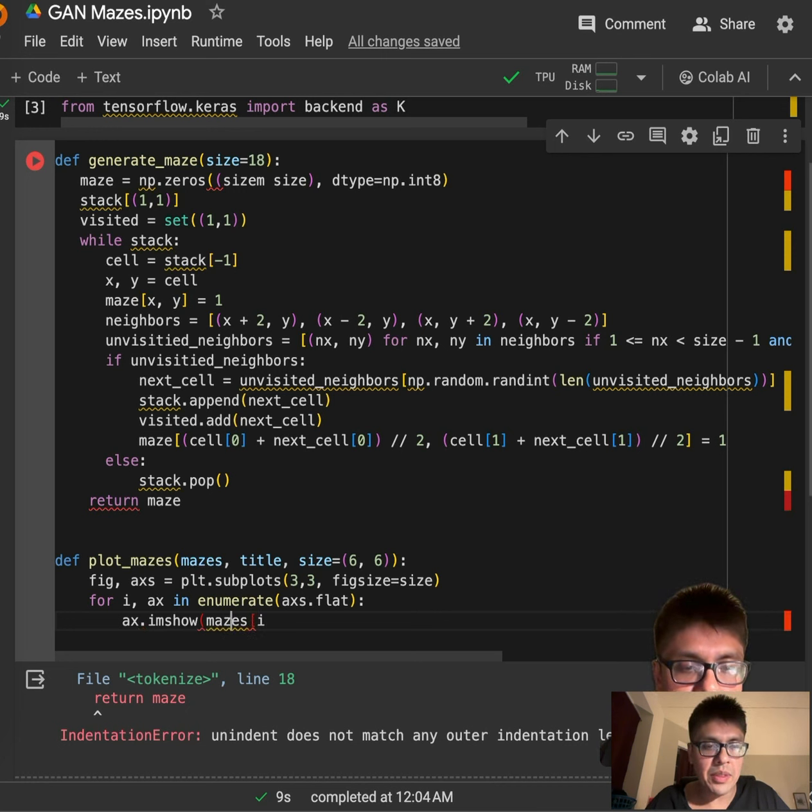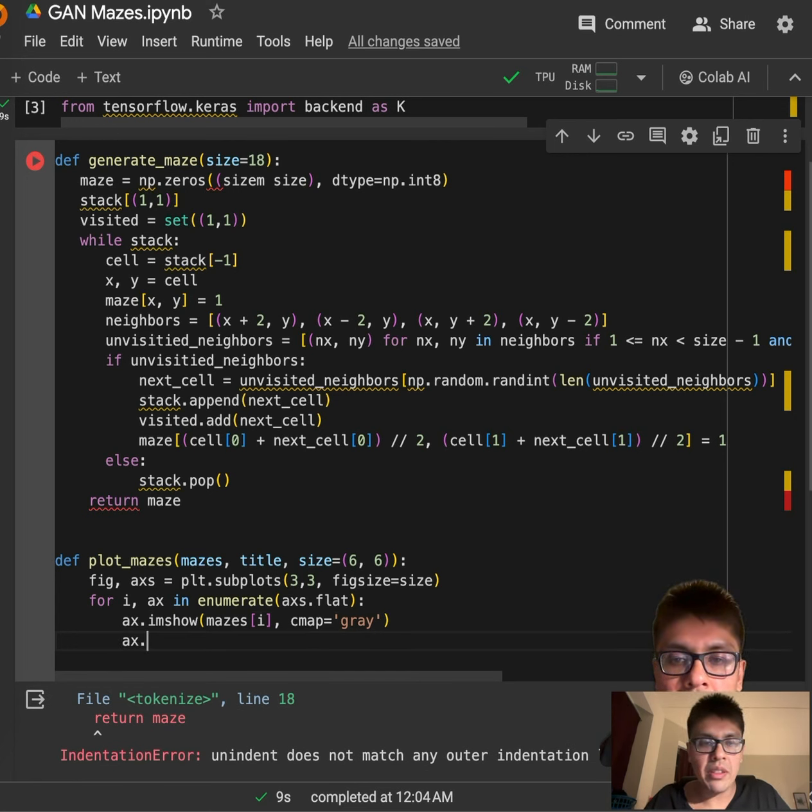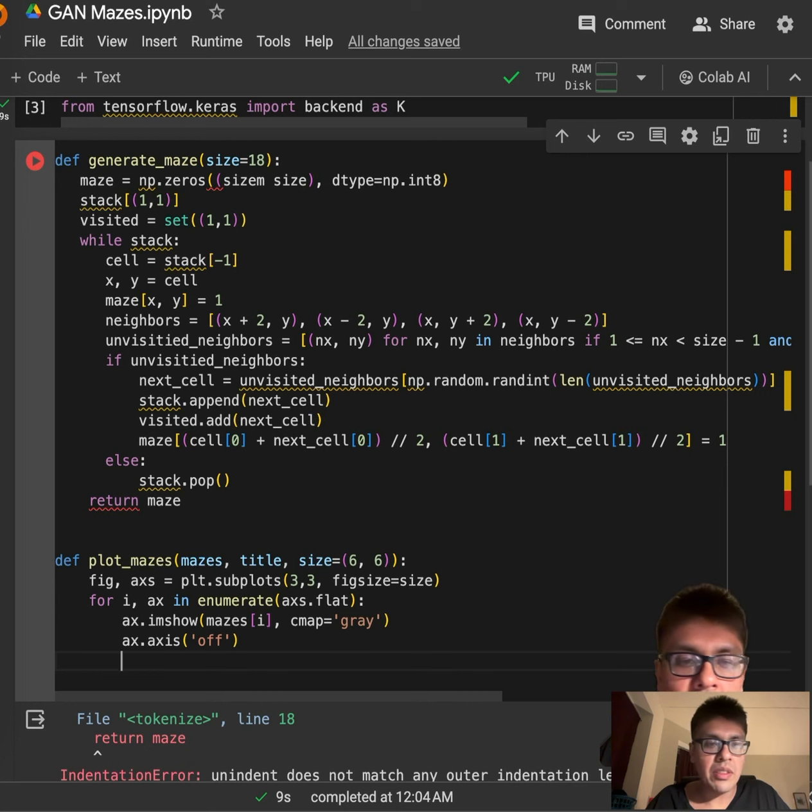I always type this wrong. We're going to also put it in grayscale because these are just going to be black and white, so no need for RGB or anything like that. But if you use a different pattern other than a maze pattern, you would probably use an RGB pattern, in all likelihood. So you can change that as needed, but we just have ones and zeros for now. And so what we do is we plot,